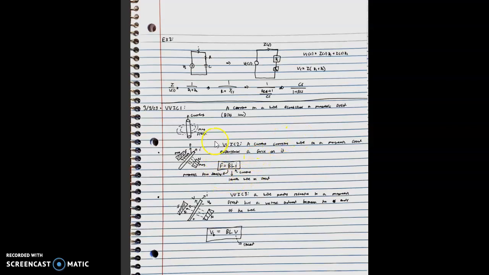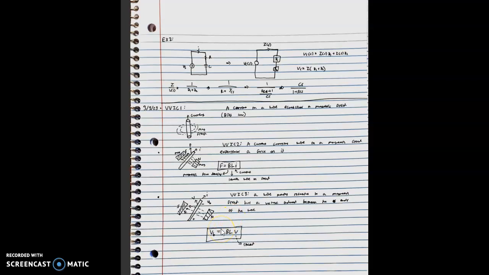So for this What Happened Wednesday, we look at how, using current and wires, we can create a magnetic field. So here we have the Biot-Savart law, where a current in a wire establishes a magnetic field. Then for a current-carrying wire in a magnetic field, such as this one, it'll experience a force, creating the equation F equals BLI. Then for the third one, we have a wire moving relative to a magnetic field has